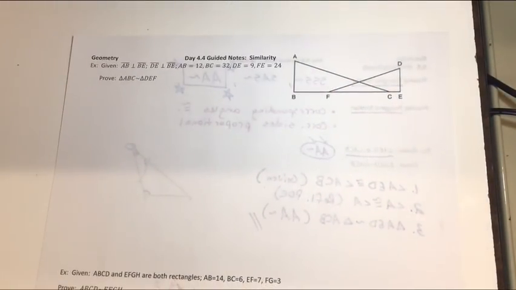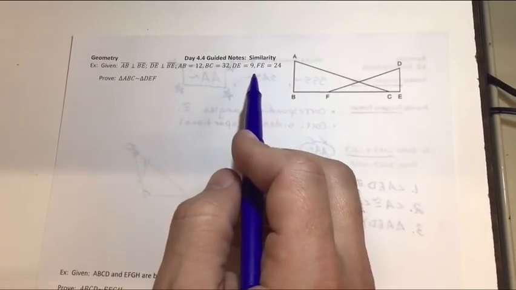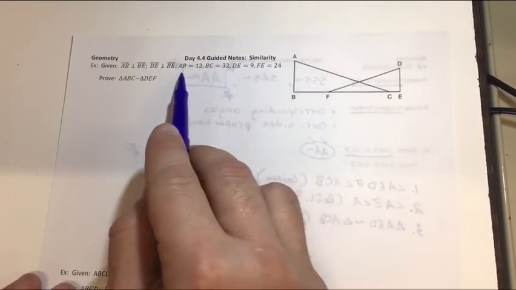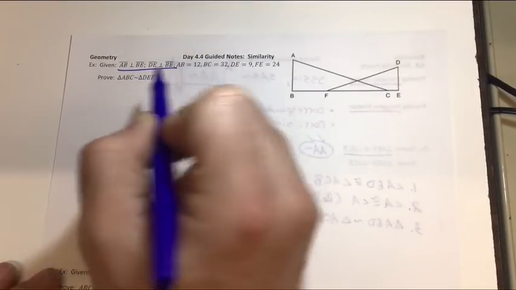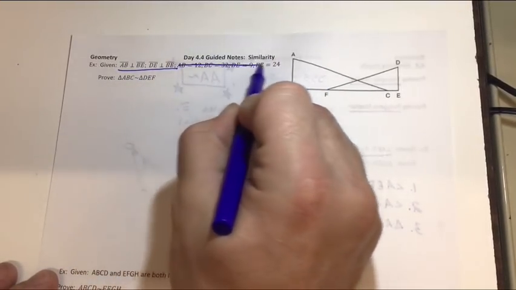Okay, to do this proof in this next example, there's actually some misinformation given. I've given you the wrong information. There's a way to do this proof with this kind of information, but it gets really tricky to try and incorporate proportions into this kind of a proof. So I'm actually going to make this easier on us. We're going to skip this. We're going to leave this as my given information, but then instead of this information,